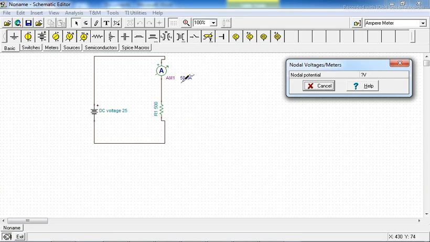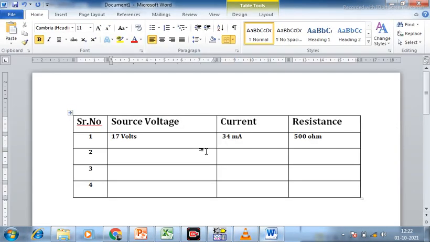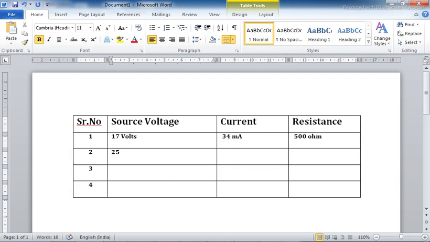You can see now the ampere meter is showing 50 milliampere. Let us note down these readings in the observation table. DC voltage is 25 volts, and the current we have obtained is 50 milliampere. Resistance value we have not changed.